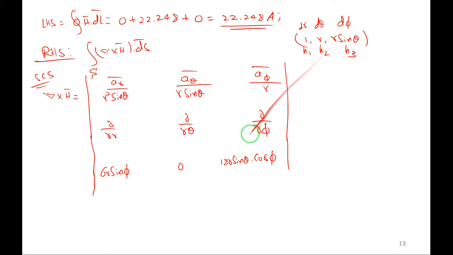So let me help. The scale factor is r sin theta, so I have to multiply by r sin theta here. So it is r square sin square theta. I have changed it here only. If you multiply by r sin theta, it will become r square and sin square theta. Okay, next. So we will find out plus minus plus. Try to solve it. I am also solving parallelly.